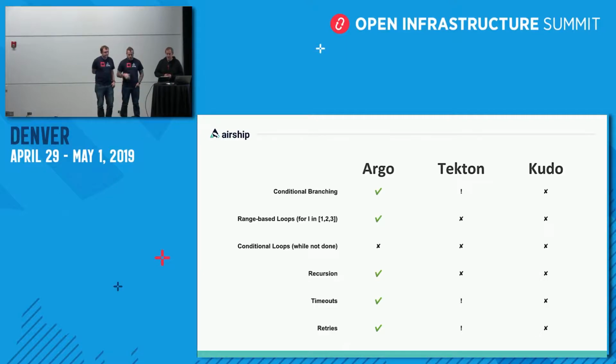So in terms of conditional branching, going back to what Pete said earlier, despite our declarations, a given site may not always be in the state that we've declared as our intent when we actually start a new workflow. So we need the ability for workflows to adapt in real time, based on previously declared possibilities, to adapt to a site that's slightly less optimal or abort early for sites that are too sick to perform operations on. We wanted the ability, obviously, for range-based loops. So loops that can be dynamically created based on the results of some previous workflow step are really an essential element to the sort of thing we're doing with these complex changes.